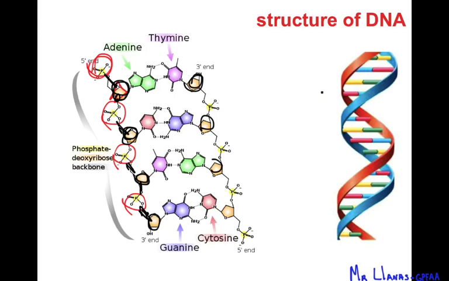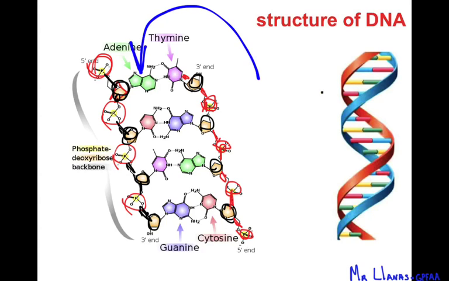There are the sugars, and all the sugars are bonded to these phosphate groups, and that's very important because that's what keeps the structure of DNA the way it is. So that's just the backbone. That's what keeps everything together. But what carries the genetic information, again, is the nitrogen bases, okay? And remember that A always bonds with a T and C always bonds with a G, okay? So again, that's where the genetic information is carried,